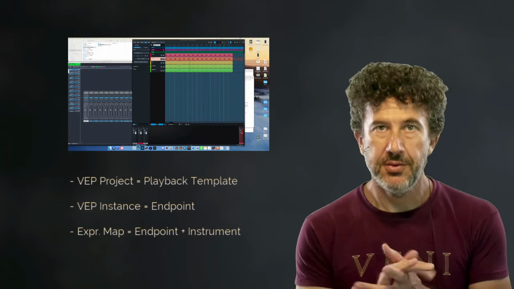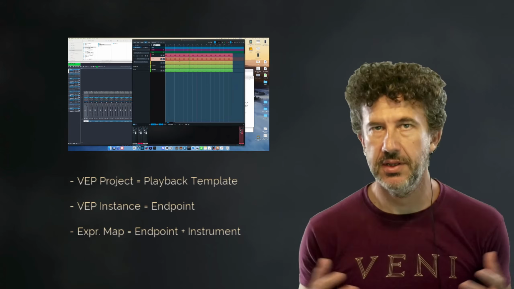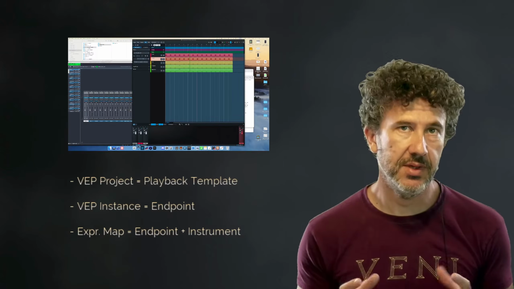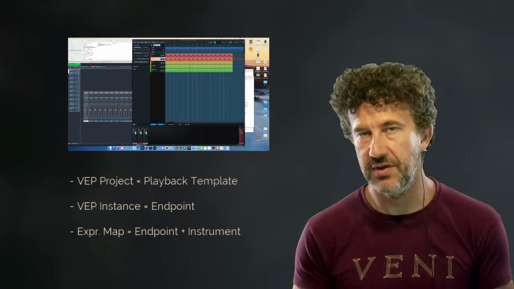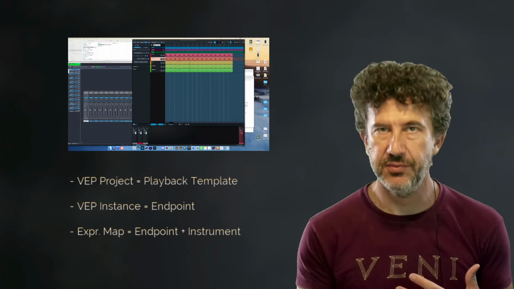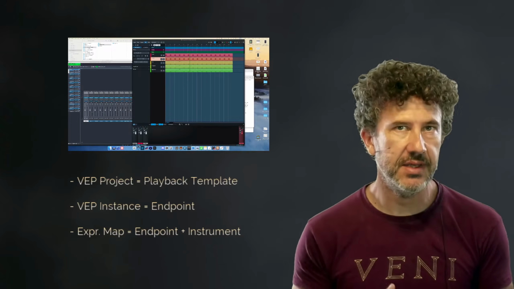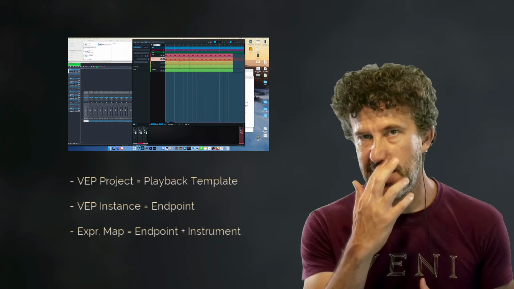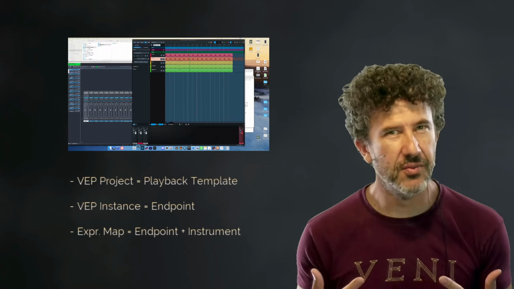Hey there. Today I want to talk about how you can deal with these really large, complex orchestral templates in Dorico, especially when you're using VE Pro with lots of different libraries together. You've got expression maps, playback templates, endpoints, and we've talked a lot about these things on my channel, but I wanted to give you an idea of how I keep them organized so it's a little bit more predictable